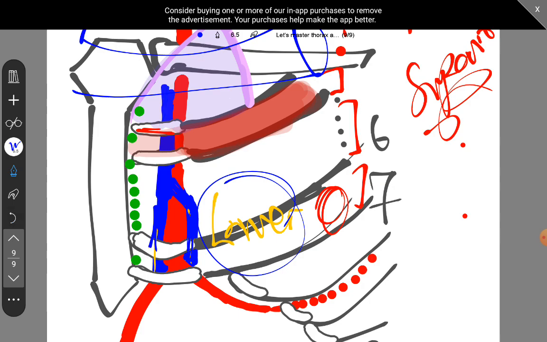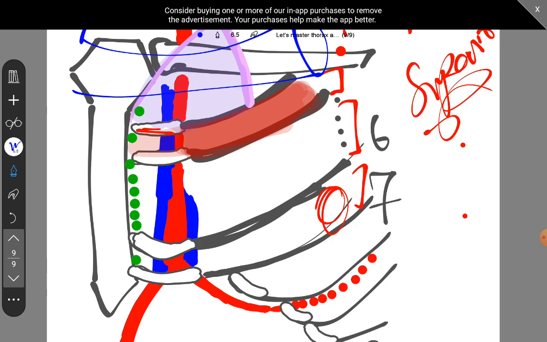Great. And then there is something called the parasternal lymph nodes, as we can see here. It's still medial to it, and para means beside. Remember the paratracheal lymph node. Para means beside. I'm sorry. I just didn't get enough sleep, so I'm sorry if I got mixed up. So again,